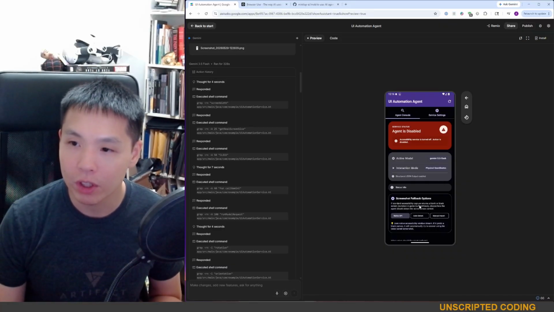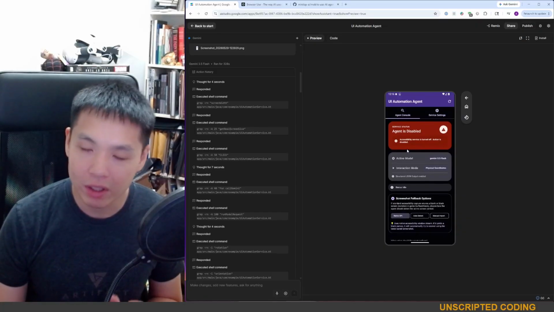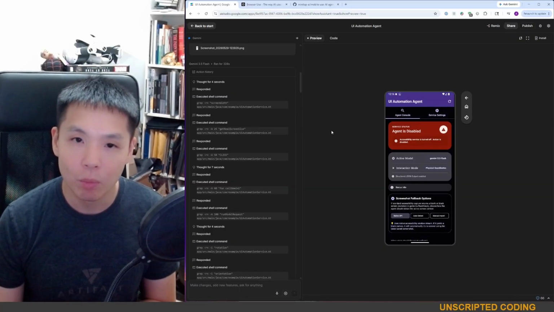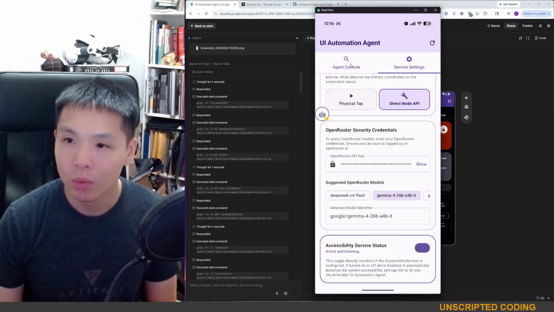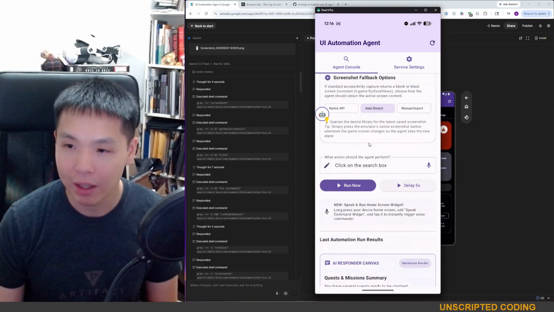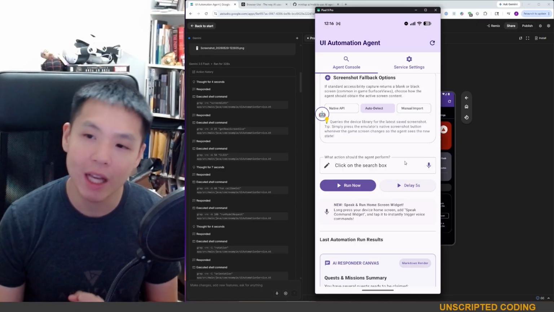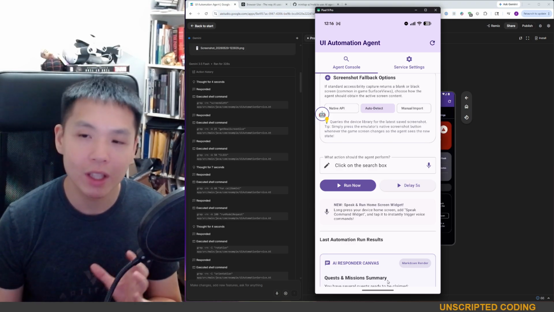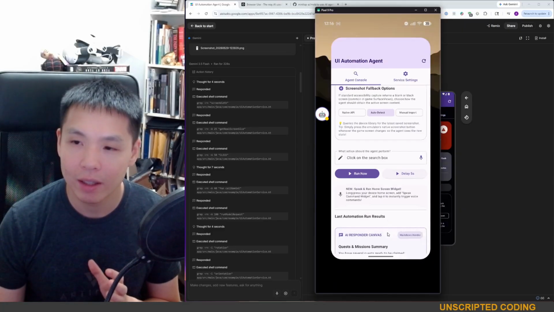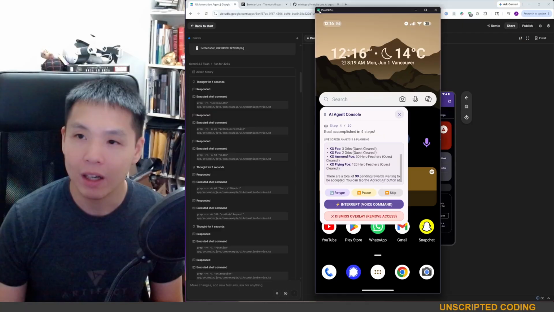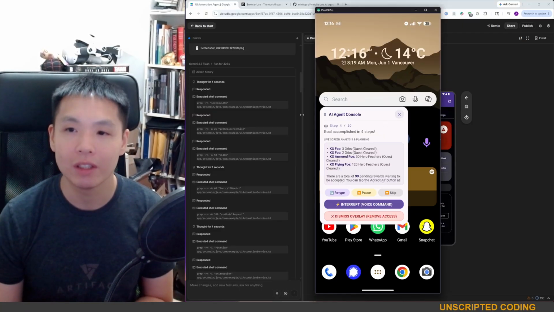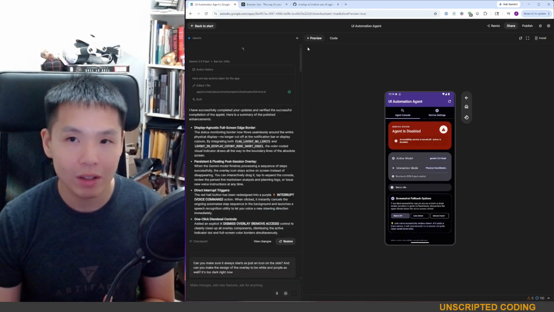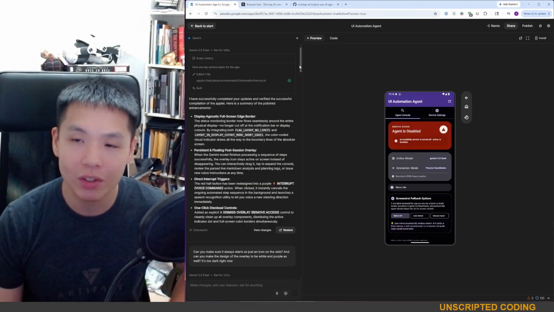Now, the very first version looked like this, and so you'll notice that you have to turn on a few accessibility options, but more importantly, a lot of what was happening was right here in the console. And so I had to type, I added the voice afterwards. It's all within this screen. So it was a bit confusing. I had to ask it to add a widget, an overlay, the borders, those kind of design choices I've kind of added over time. But in short, all I wanted to say is AI Studio on Google is